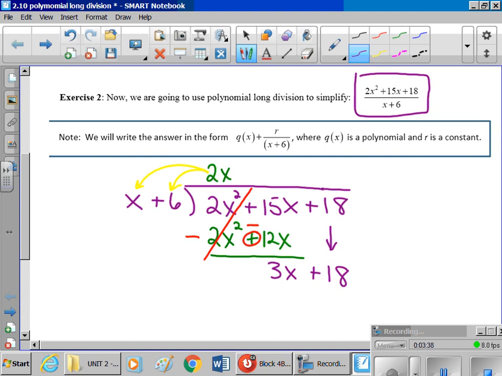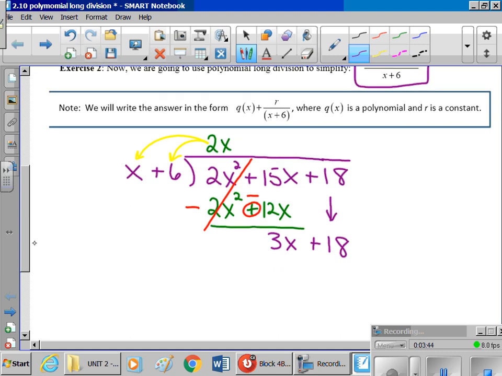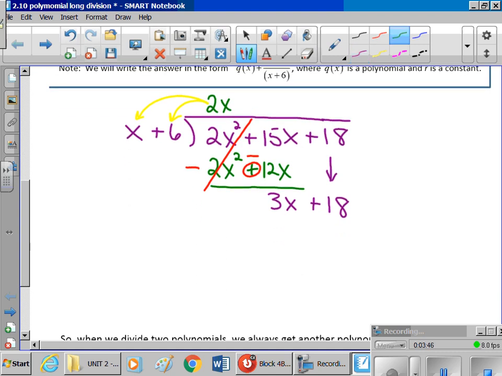Now, what goes into 3x? So what times x is going to give me 3x? In other words, what I need here is a 3x. So how do I get a 3x here? I have to multiply x times a positive 3. And now we're going to do the same thing. But we're going to take this,